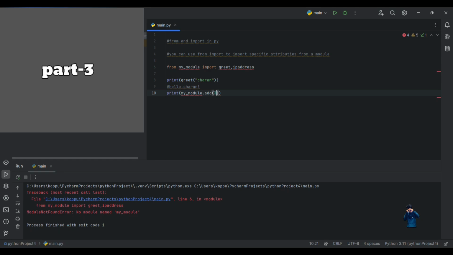After that, 3 comma 5, and this output will be 8. So this is the way, friends, of creating our own module and using from and import. And also in this way you can also use